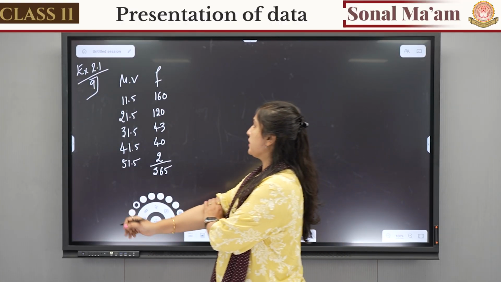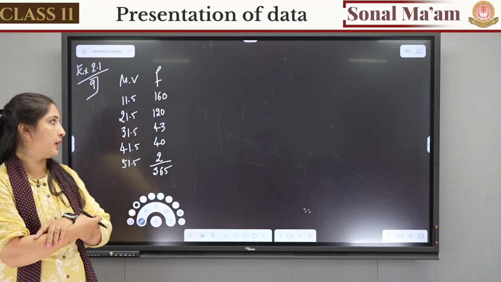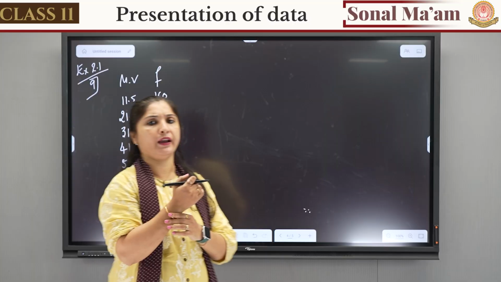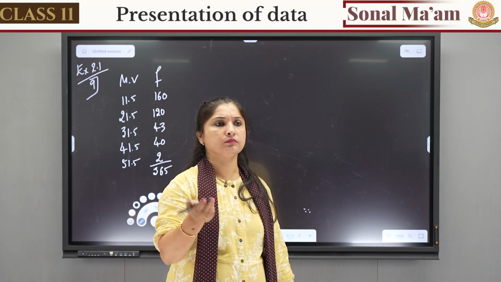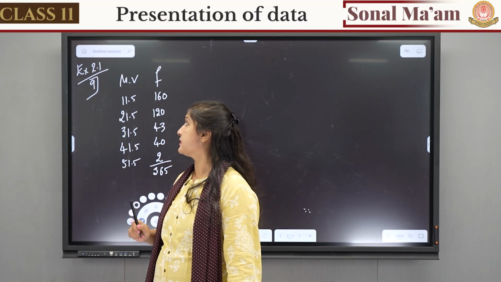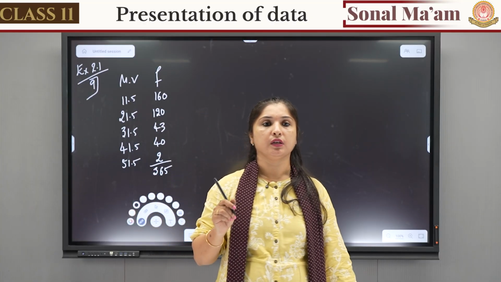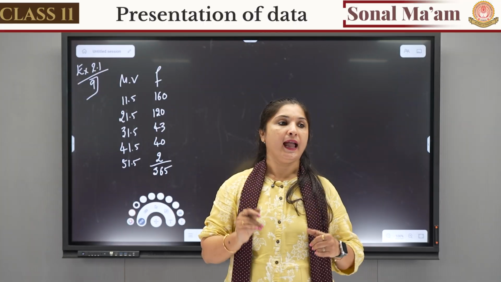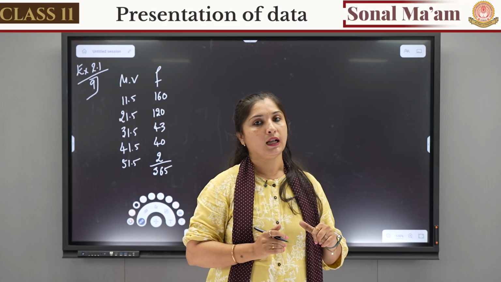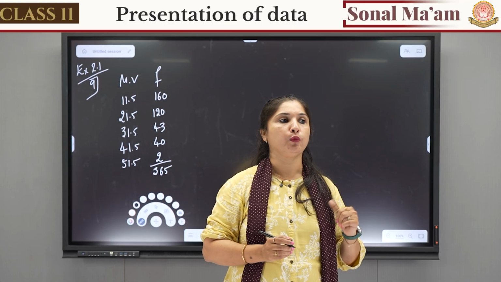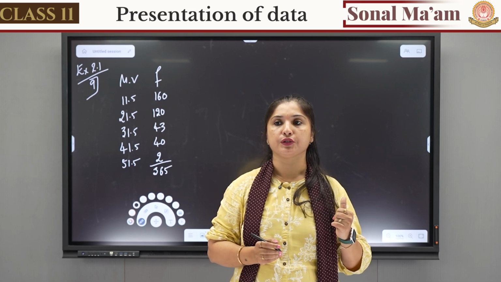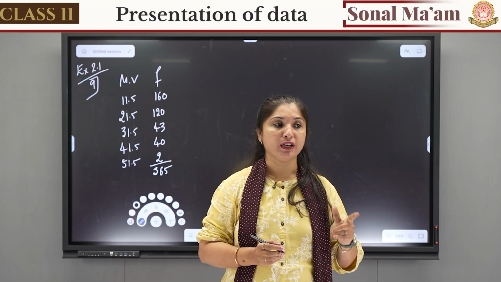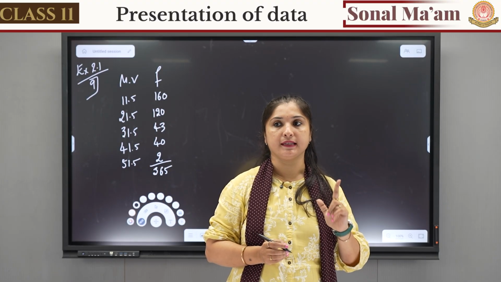Okay, this question is given where mid values are given to you. Class length is not given to you, but you are asked to find the classes. It's exercise 2.1, ninth question. Just check the question. The mid values are given, and you are told to find the classes. Is it mentioned whether to make inclusive or exclusive? Yes, it is mentioned that you have to make inclusive classes, right?